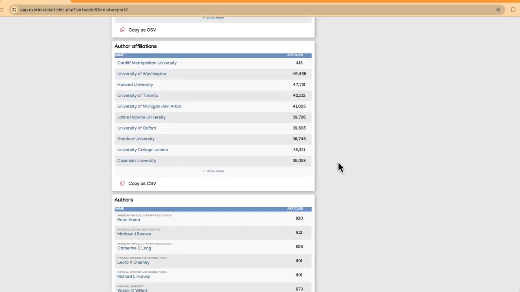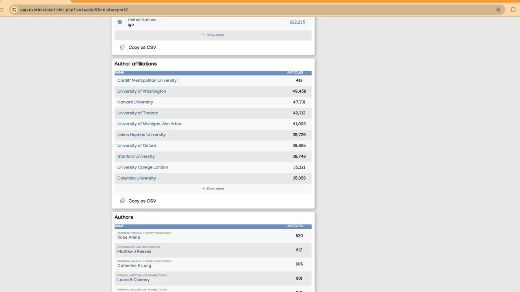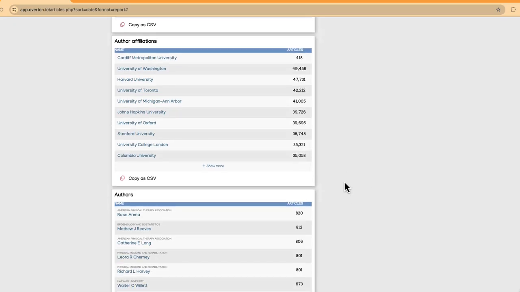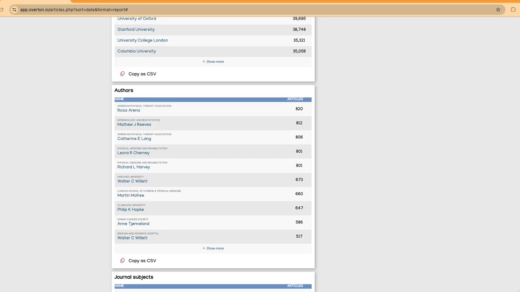Further down, we have author affiliations. If you are connected to an institution within Overton, your institution will be at the top. So I'm currently connected to Cardiff Metropolitan University, and that's why they are at the top, despite not being at the top numerically. If we scroll down further again, we have authors of the research in the results set,